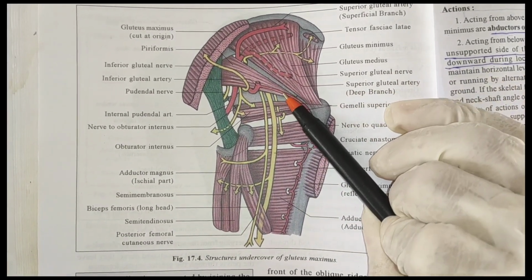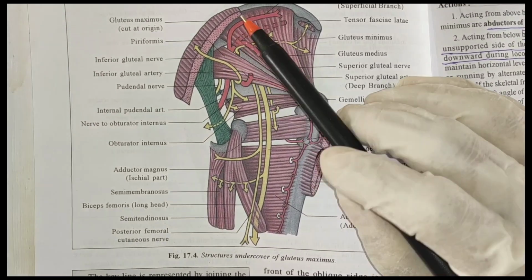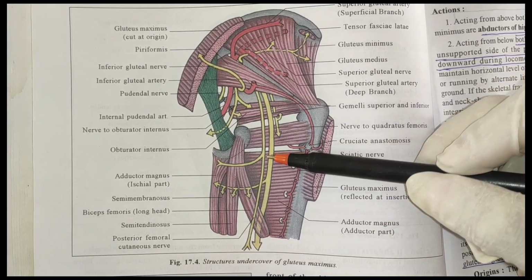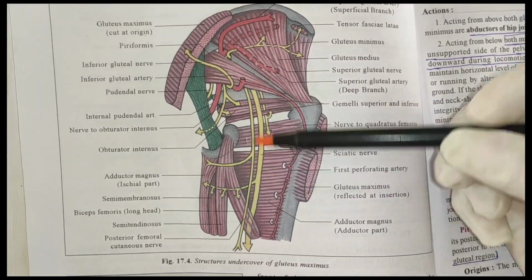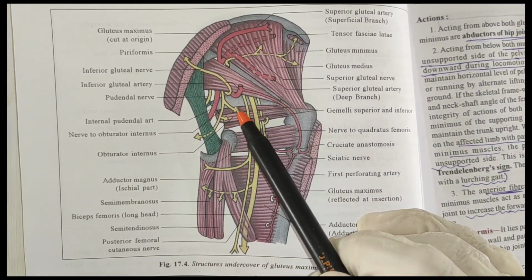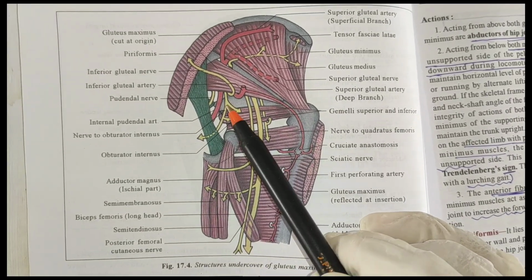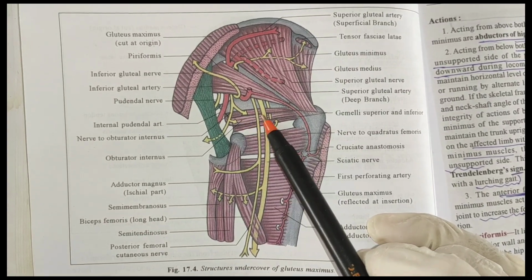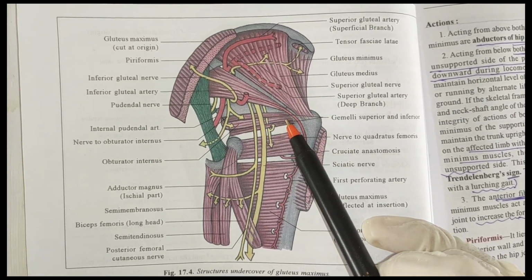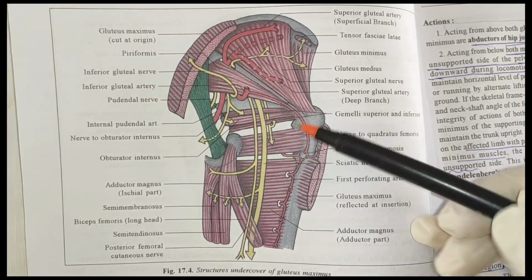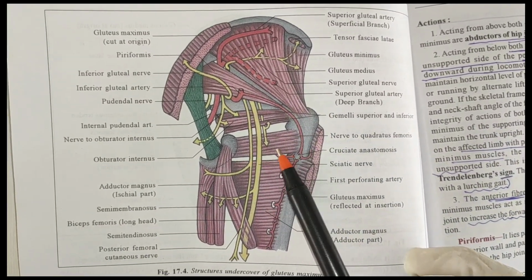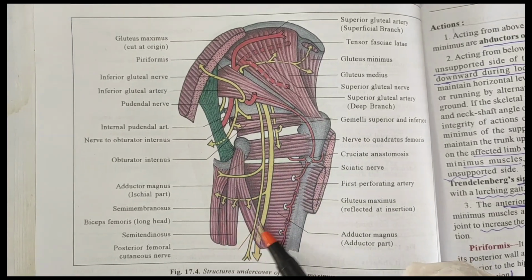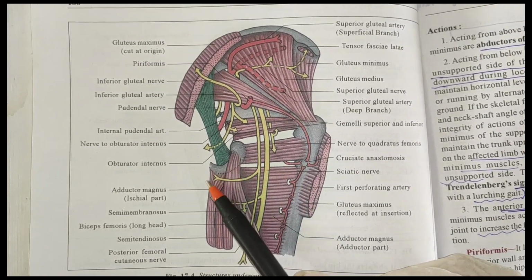Why is it called the key muscle? You already know that some structures lie above the piriformis muscle, and some structures pass below the piriformis muscle. Below the piriformis, you can see three muscles. They are the superior gemelli, this one is the inferior gemelli, and this thin one is the obturator internus muscle. Below it you can see the quadratus femoris muscle, and when we go downward we can see the upper part of the hamstring muscles.